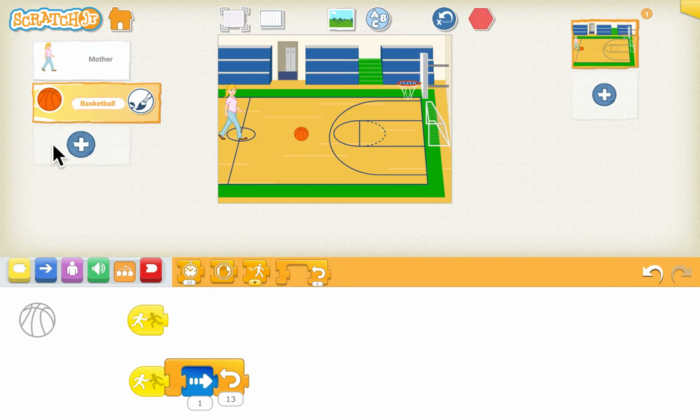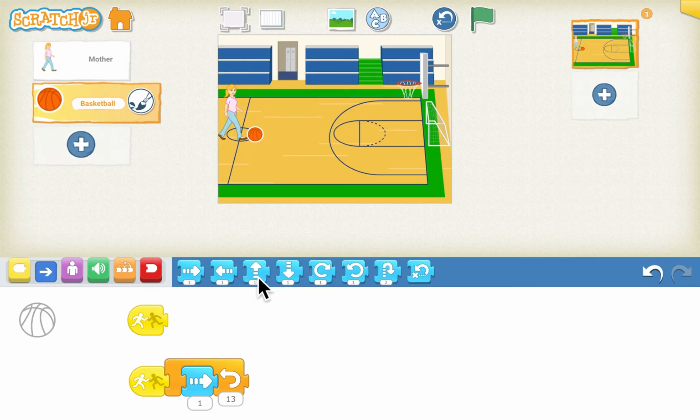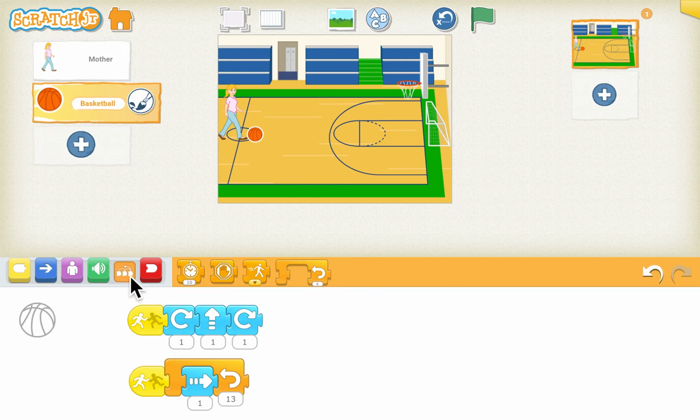So what we'll do is we'll go to the motions block. Okay, we can stop this. We will go to the motions block, drag the rotate block to the right, then up, and then again rotate to the right to show the rotating motion. Now we want this to occur again and again because we want the ball to rotate, go up and reach till the basket and then come down.